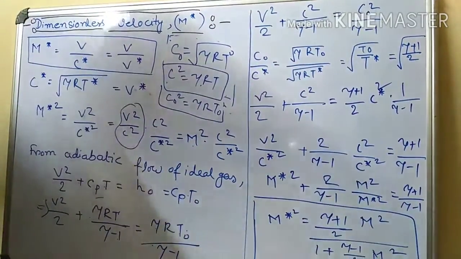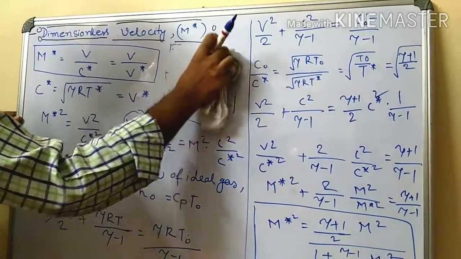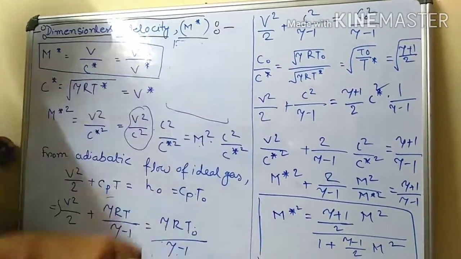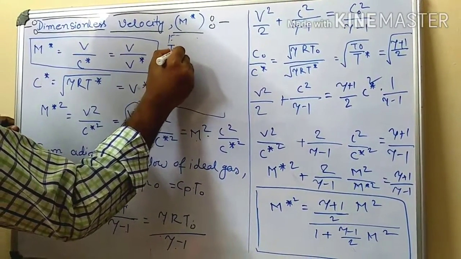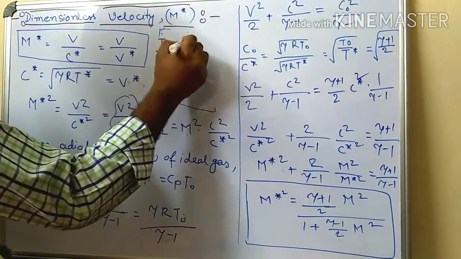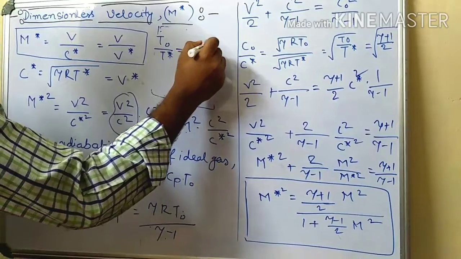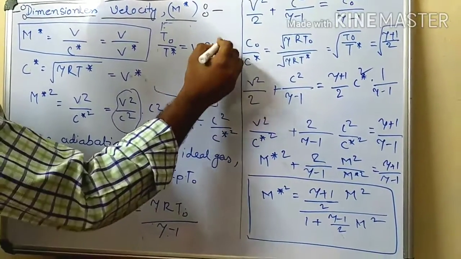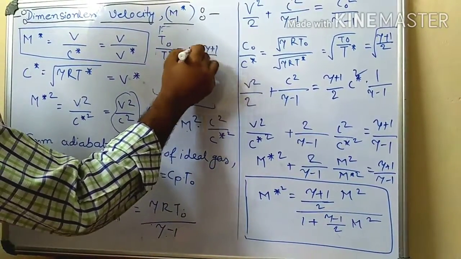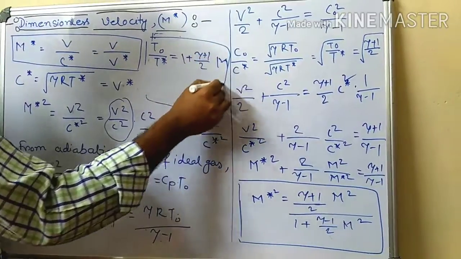Now, T0 by T star, you know the stagnation properties from the critical flow chapter. T0 by T star is equal to 1 plus (gamma minus 1) by 2. So these are the equations. Now, if you put these values here,